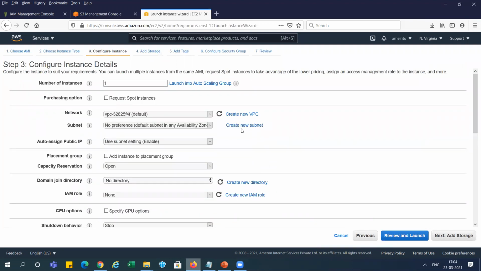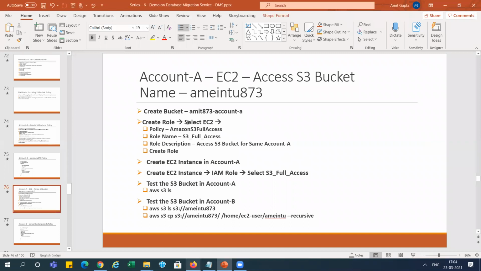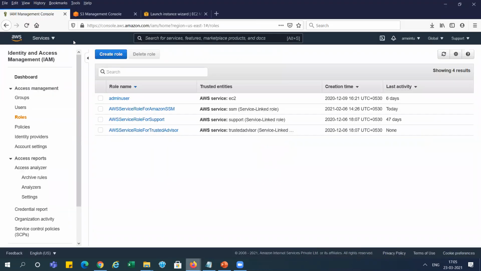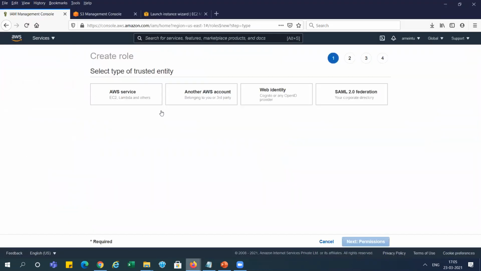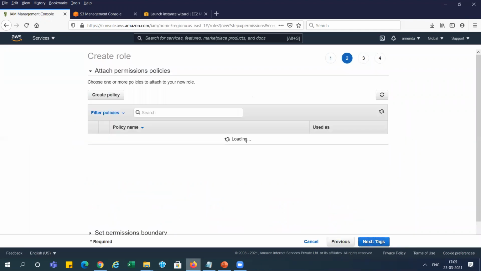And before it, I think we need to create one role here. You can see here, create role, right? So I am going to create one role here because that role will be used for accessing the S3 bucket from the EC2 instance, right?